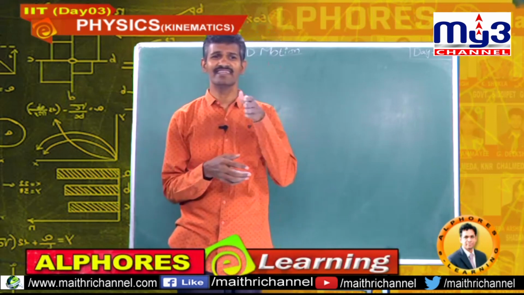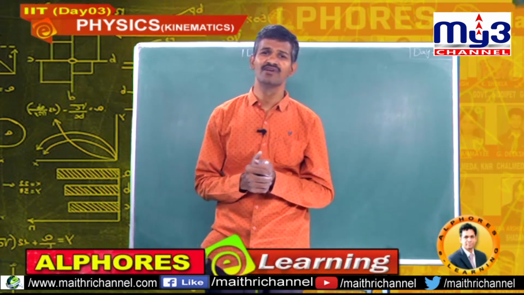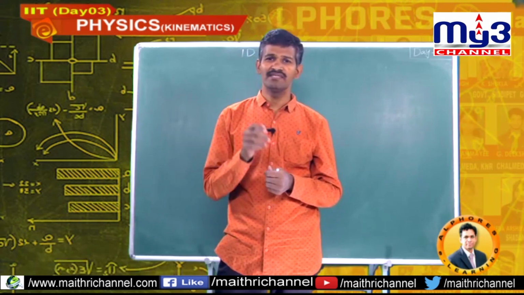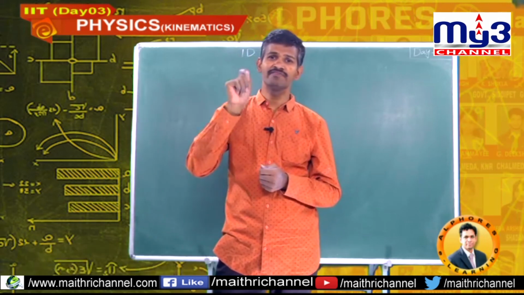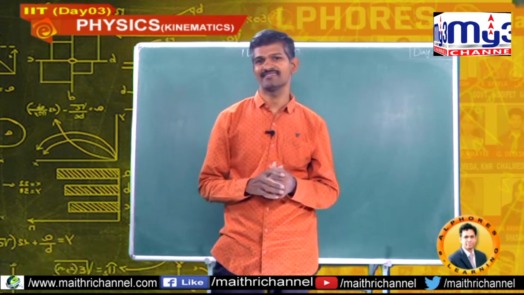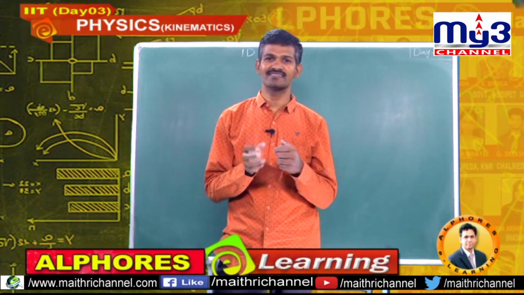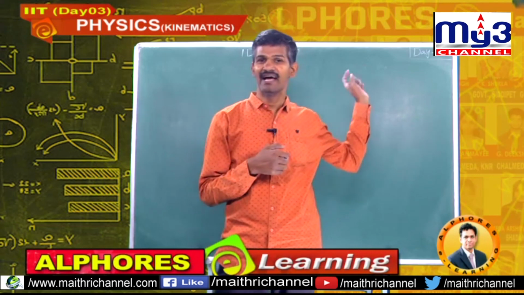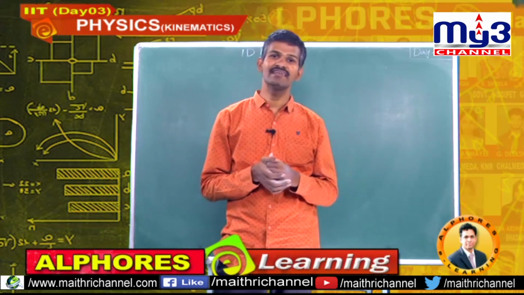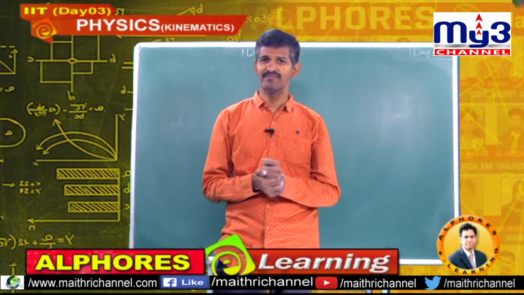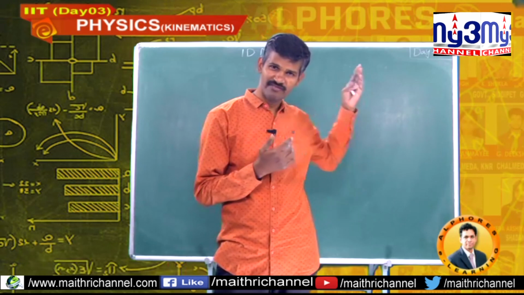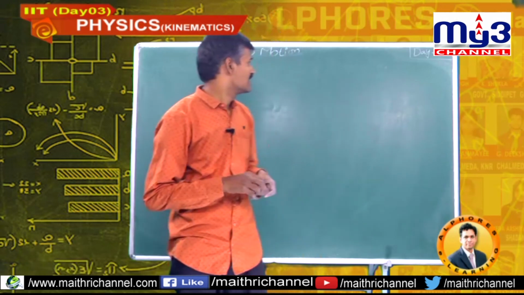Similarly, what is instantaneous? Instantaneous means the runs taken by the batsman on the third over, fifth ball. With this cricket match, you can understand uniform speed, non-uniform speed, instantaneous speed, and average speed. Average run rate gives average speed. Similarly, all these concepts are applicable for physics also. Right?